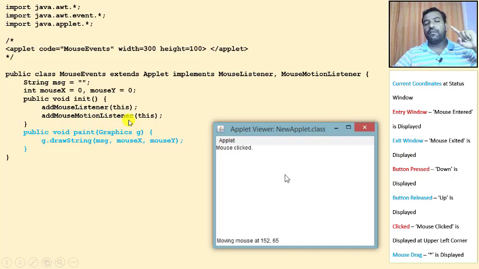If you remember, the first step is you need to implement the appropriate listeners. The second step is you need to register the listeners. This is what I'm doing here. And once this is done, whatever I want to draw on this window,